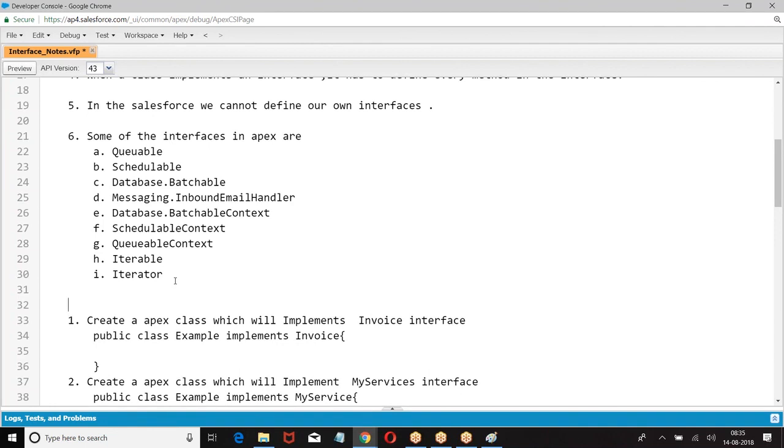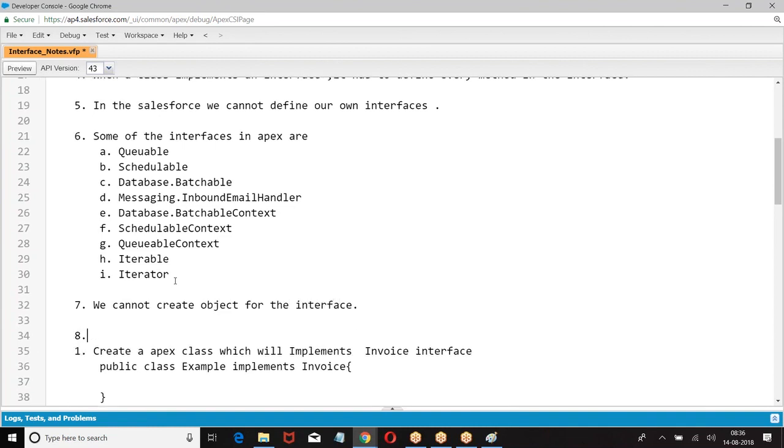Object dot method, right? Interface should be used along with the class.